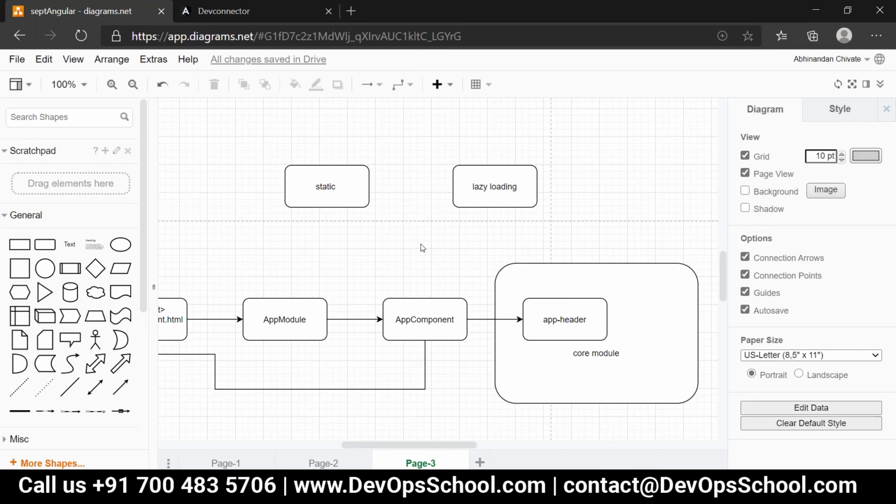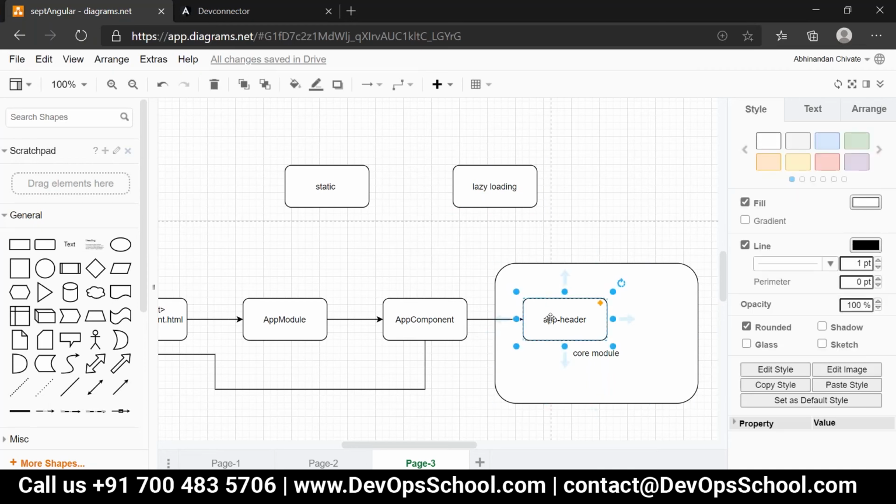Now in this situation, people, this app header, tell me, do you need it from the beginning of your application till end? Yes. People, everyone, please think about it. This header part, footer part, do we need it from the beginning till end or not? Yes, correct, we need it. Another thing is core module content.